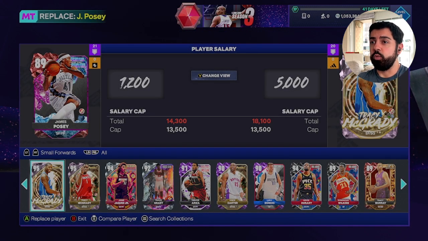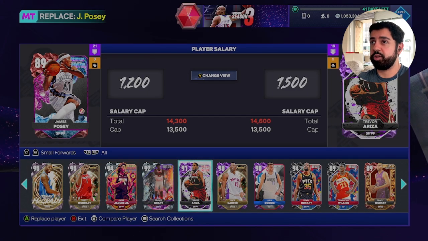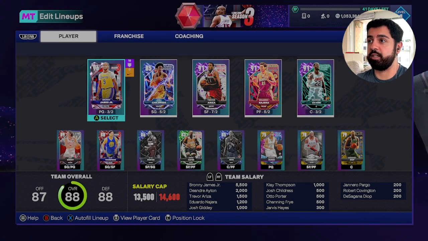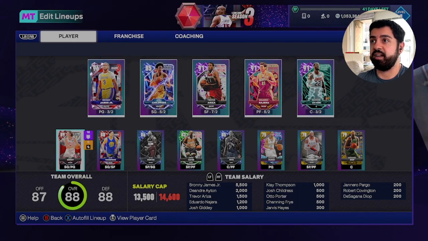So I could bring in Eduardo Nahara and then throw in, no, it's going to be tough. We'll have to play around with this and figure out what we're going to do, but I would love to be able to throw in, what's his face? Bronny James Jr. I'm not sure what we're going to do here. We're going to mess around with this. I just wanted to show you guys a few of the different salaries that have been adjusted and a few of the new players that I have in my lineup that I could potentially bring out there in the salary